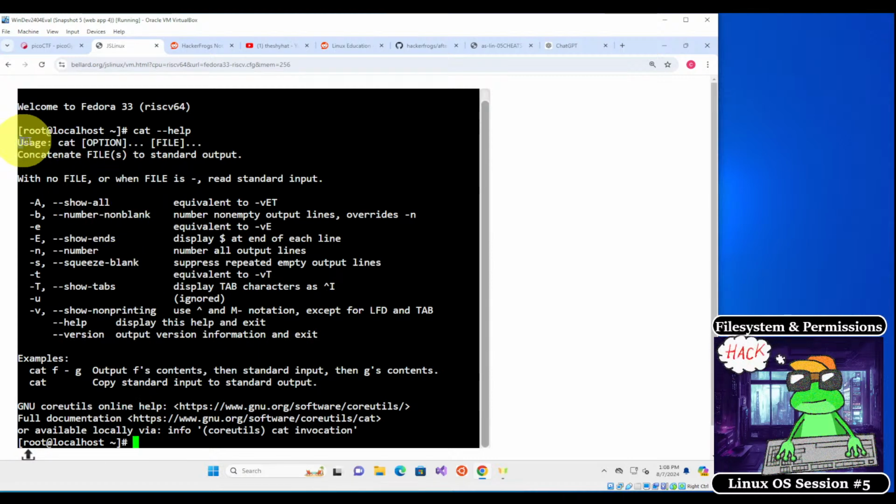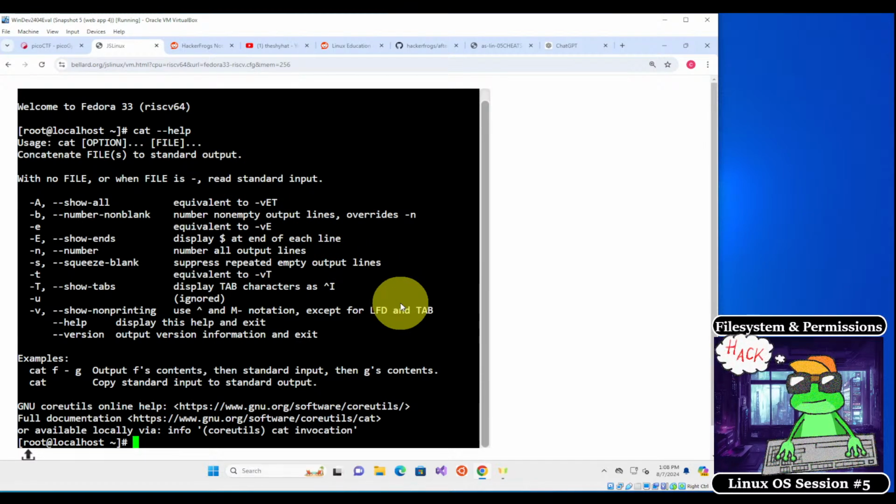So first of all, it has this usage over here that's very useful. It says cat and then option and then file. And then it shows you all the different switches that you can run with the cat command in order to have it run in different ways. Most of the time I don't use these, but it's useful sometimes when you want to get some different output out of this. Remember that anytime you want to go back up to the top,